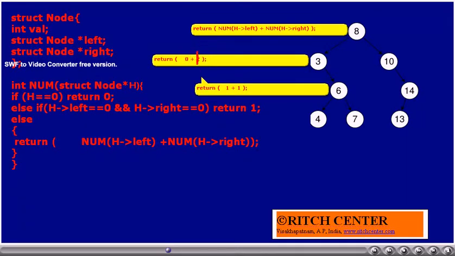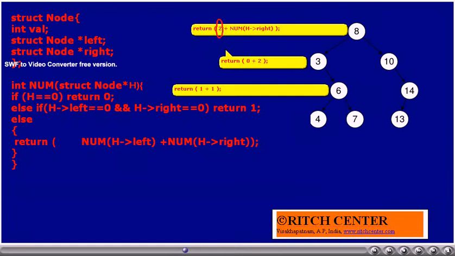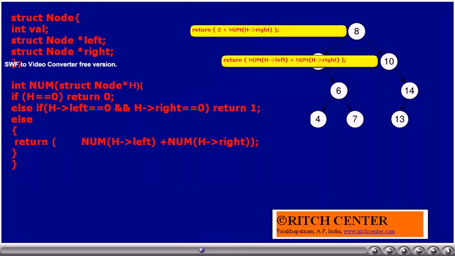Now we will be returning again from a recursive function. By now we have traversed the left subtree of the root node, and we found that the left subtree contains 2 leaf nodes. Now we will be traversing the right subtree of the root node. Thus we will be sending the address of the right node of the root.